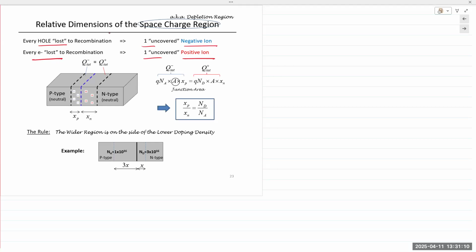So if there's a higher doping concentration on one side and a lower doping concentration on the other side, and you want the charge density to be equal, then the lower density must occupy a larger space, and the higher concentration charge should occupy a smaller space. Does that make sense? Again, I'll repeat. The point of this phenomenon is that it will result in an electrically neutral junction,